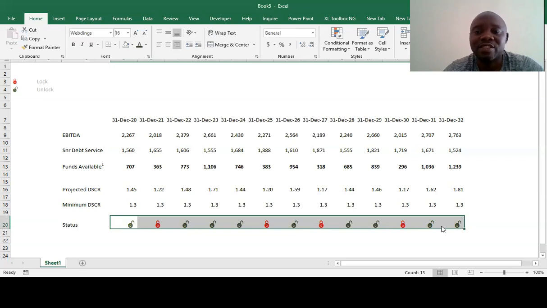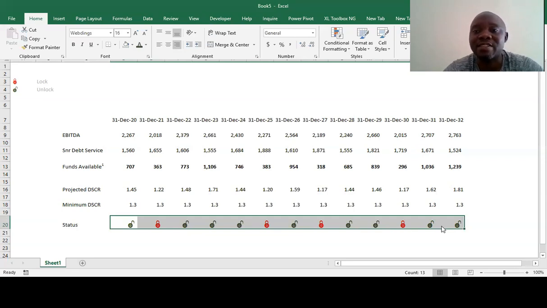But we know that in real life, what they'll do, they'll say to unlock, you'll need to have your debt service cover ratio meet the threshold for 2 consecutive periods. If you're using quarters, if you're using years, it should be 2. Then you can unlock, and that money now you can start actually paying the mezzanine.